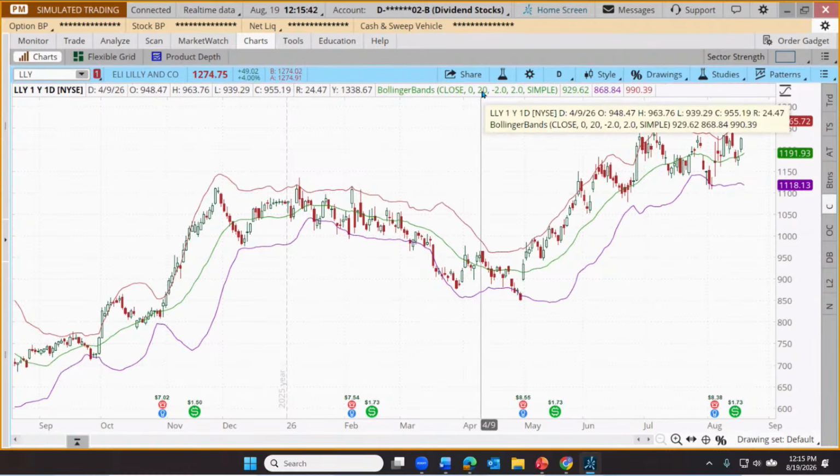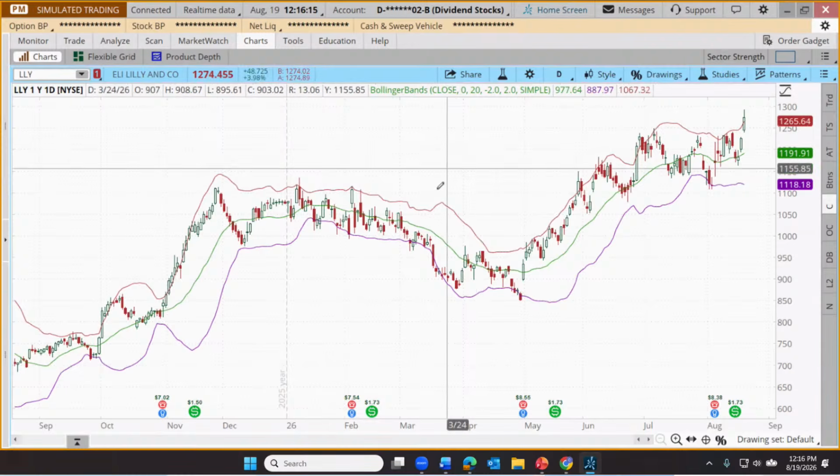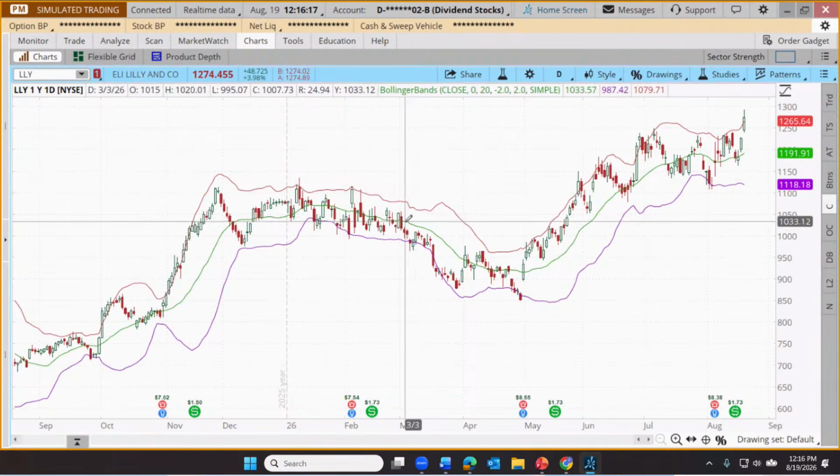It says 20, which means that it's looking at 20 days' worth of trading data and then generating a 20-period simple moving average, or a 20-period trend line. That's that green line. It's just showing us how average prices are changing on a rolling 20-day period from day to day. Some traders will use that for potential areas of support and resistance, highs and lows. They might also use it for trend identification. But today, I want to talk about using it for trading. All right. So that's the green line.